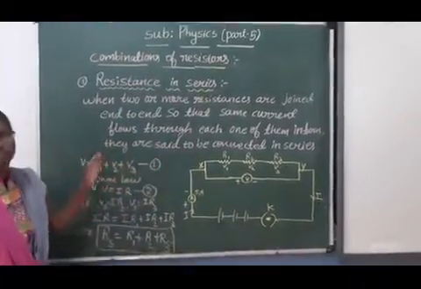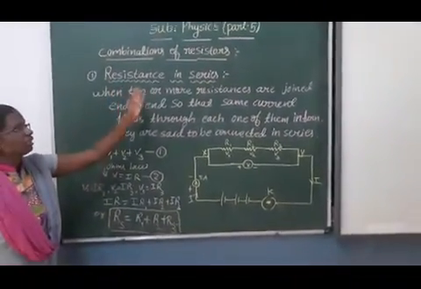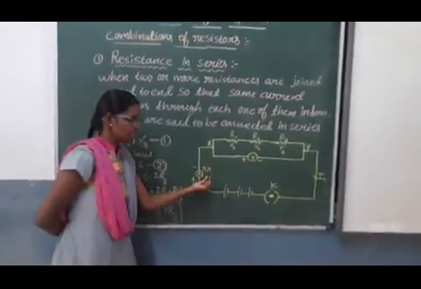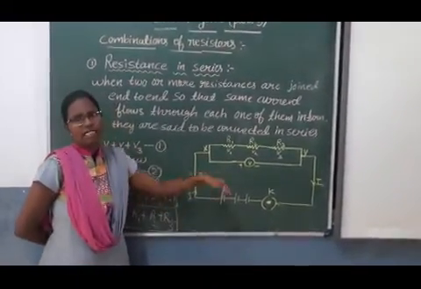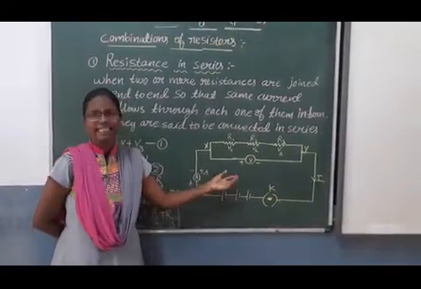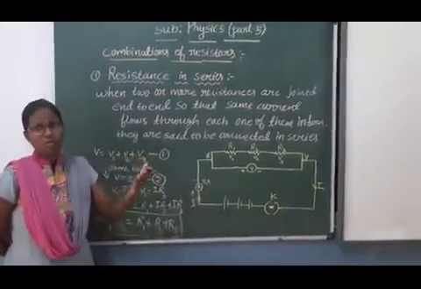It also has some disadvantages. What are the disadvantages of resistance in series? You already know the current remains the same. So it is impractical for connecting an electric bulb or an electric heater. And one more thing, suppose one bulb failed